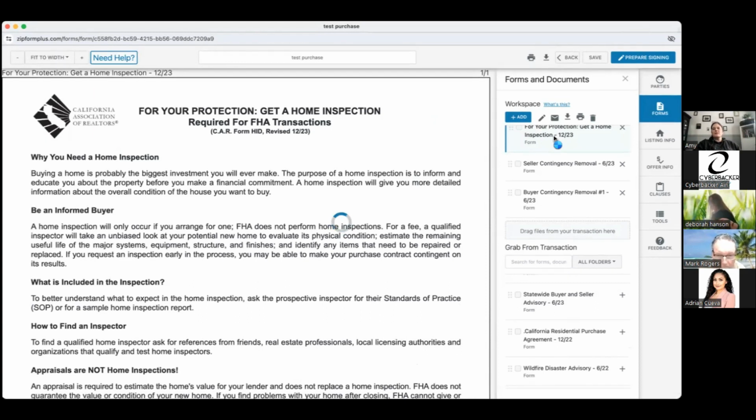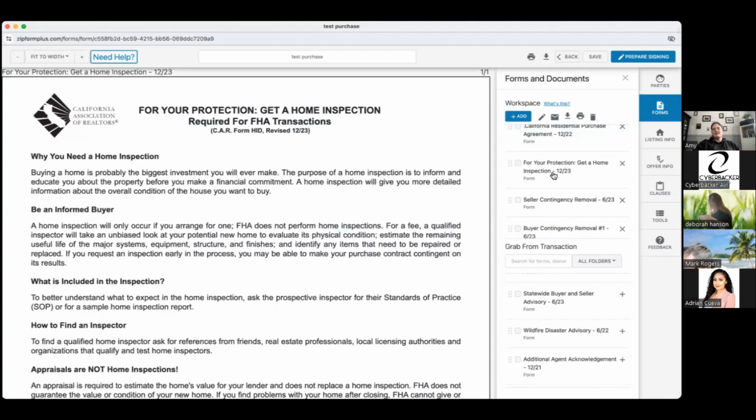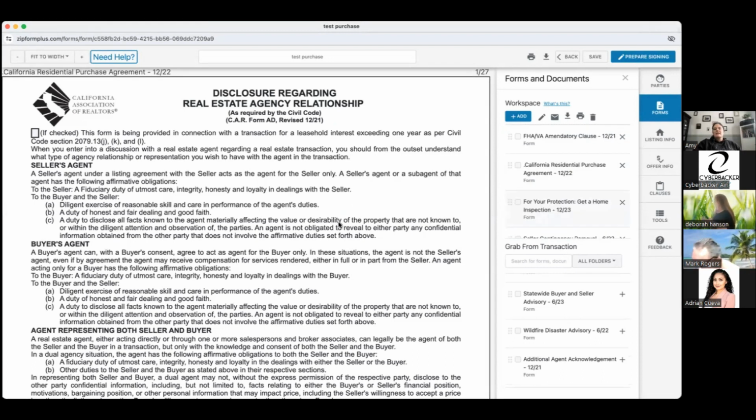So I'm already in the forms editor in case you're new to the office or whatnot. You can access this. You go to car.org, which is the California Association of Realtors. Then go to transactions, and then go to Zip Forms or Lone Wolf powered by Zip Forms. It'll prompt you to log in if you're not already logged in. And then it will,